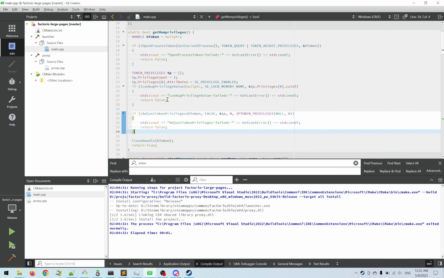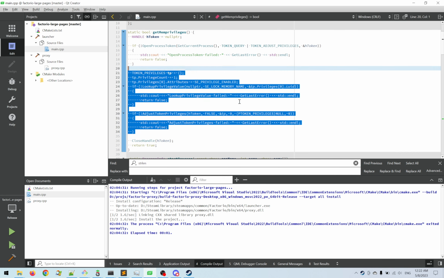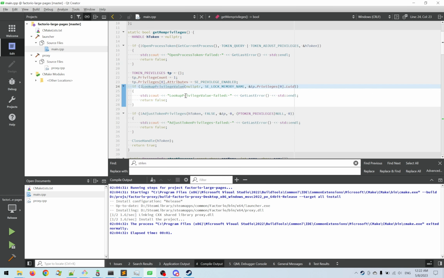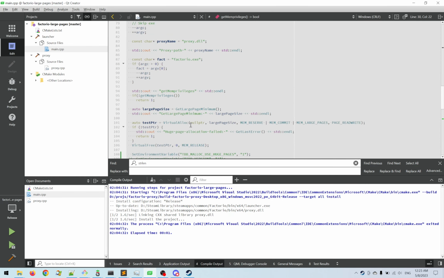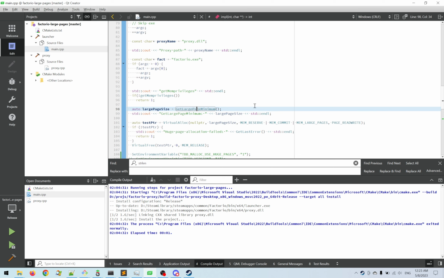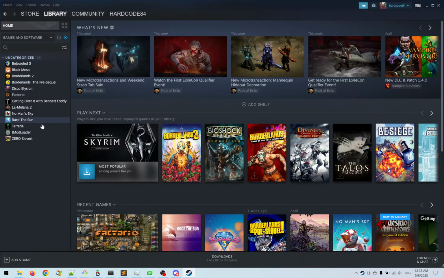And then after you did this, you also need to call functions like lookup privilege and adjust token privilege from your program to actually be able to use large pages. And after this, there is a function called get large page minimum, which returns the minimum size of large page supported, or zero if they are not supported. And we can actually